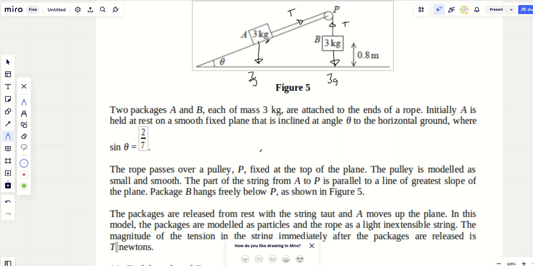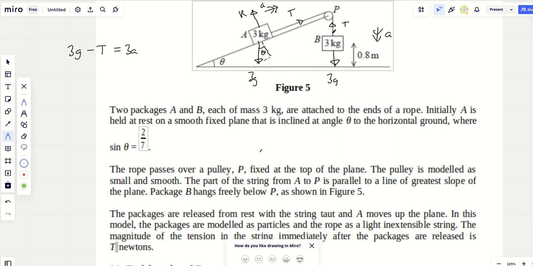Okay, we've got 3g here. Notice, even though I could possibly do this in my head, I don't try because I know I'll make a mistake, yeah? You always draw the diagram. There's no friction on this one, yeah, because the plane is smooth. Okay, so if I want to find the value of t, I'm just going to do 3g minus t is 3a, because I know the system's moving in that direction, yeah? Now you might say, well, how do you know the system's moving in that direction? I think they might tell you somewhere, but also 3g is larger than 3g sine theta, so it must be